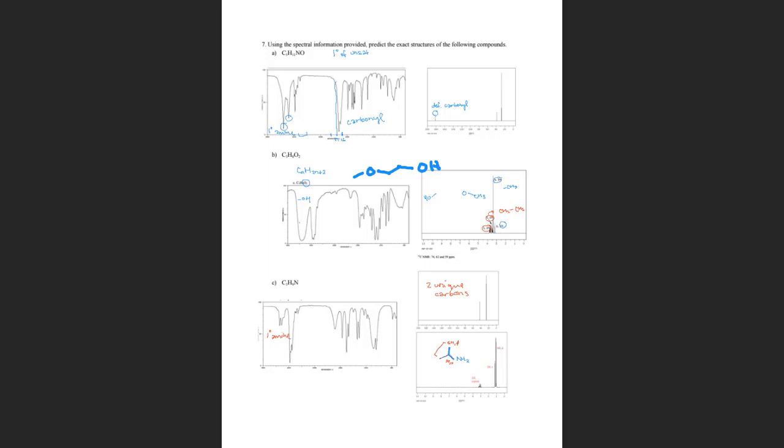3 unique ones. Okay. So either we have some symmetry, or we have, yes. I mean, we definitely have to have symmetry, but it doesn't have to be symmetry in the molecule, if that makes sense. It can be symmetry in groups. So for example,